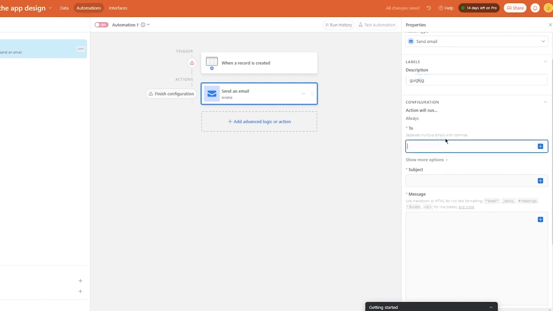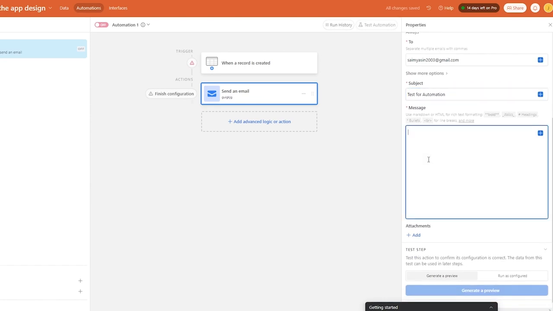In the configuration, select the email that you want to send it to. I'm going to choose my spam email, one that I want to receive this on so I can test it and actually show you that this stuff works. Let's choose the subject. I'm going to call it test for automation. And once you've chosen that, you're going to write a proper message, like, hi, this is just a random test for